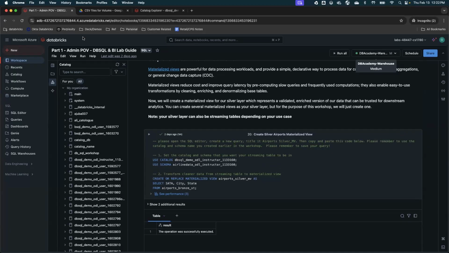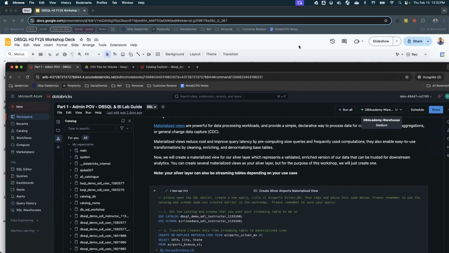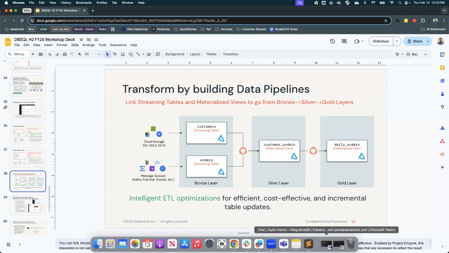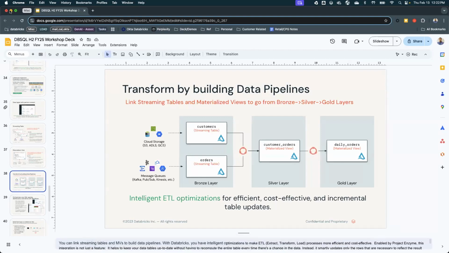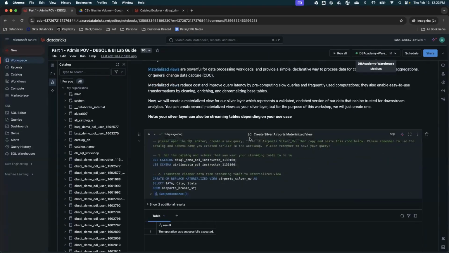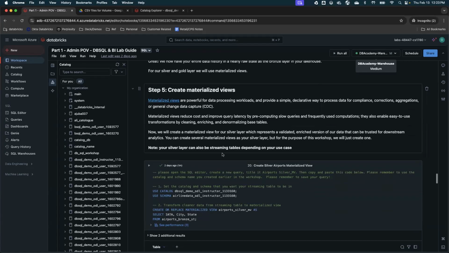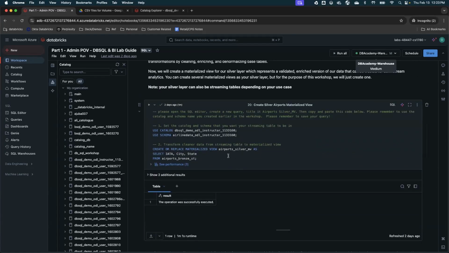Okay, so going back to the diagram we have created, we created a streaming table on airlines, flight, and lookup codes. Now let's create a silver layer. So to build the silver layer, as I was talking, materialized views are very powerful, because then you can set the refresh schedule. You can define that, which will help you to have a low latency, and then you can add your logic. So what we will do is we'll create a materialized view for output silver.